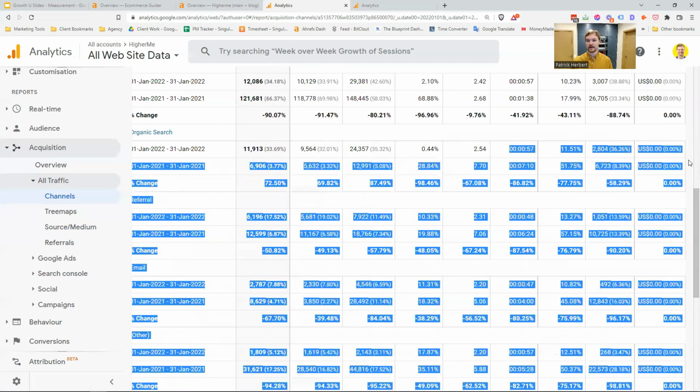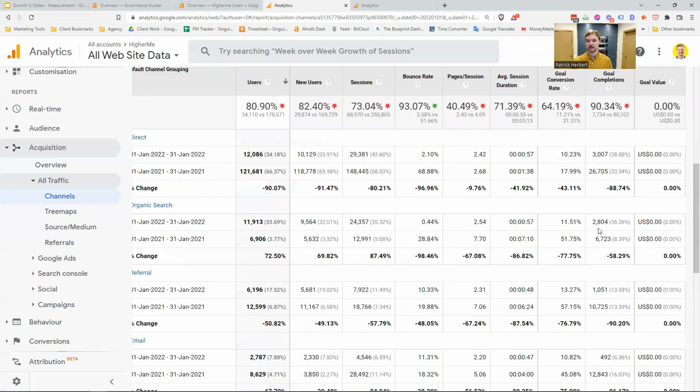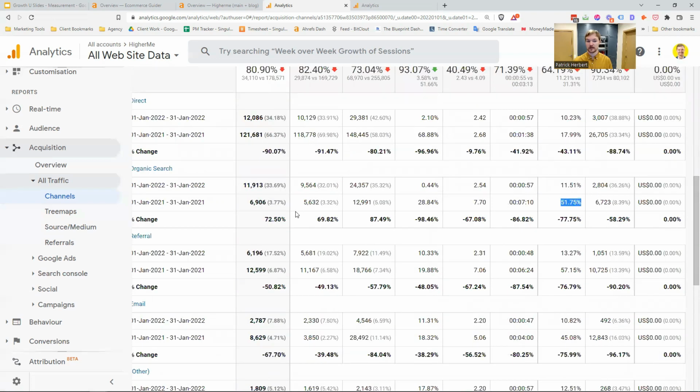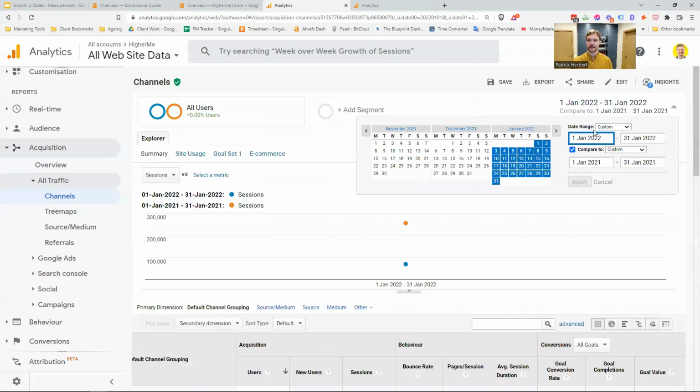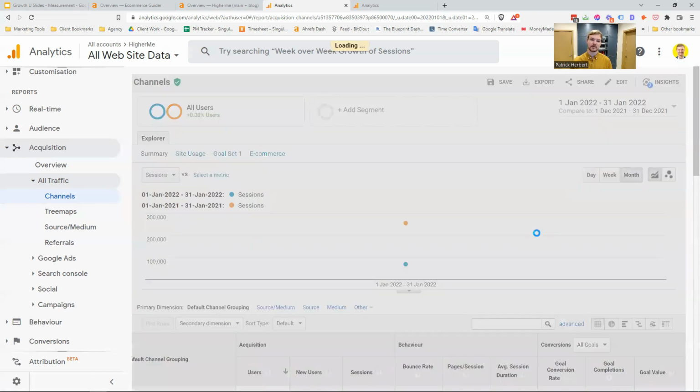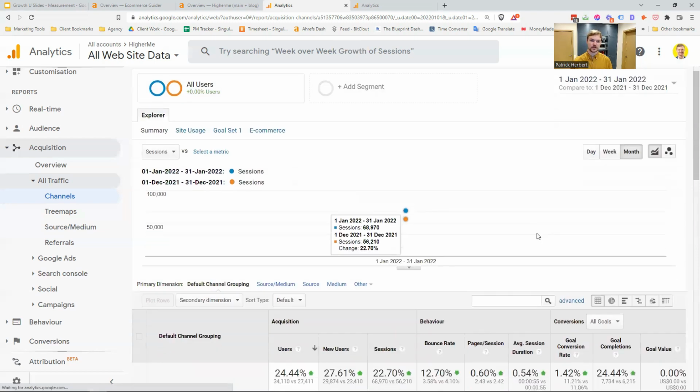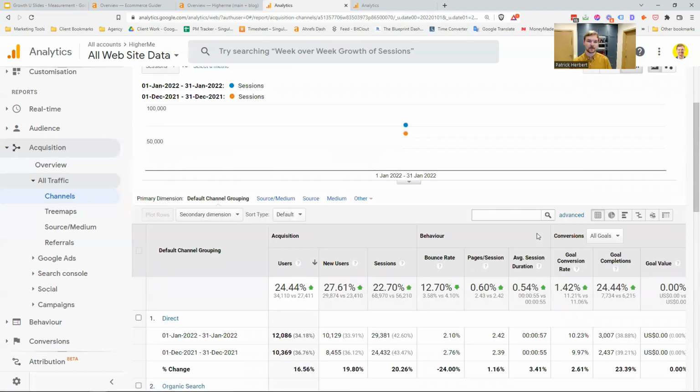So you can see that you've got a lot of things to mess with here. You can see that the conversion rate is down, even though traffic is up. So there's something that you might want to look at on a year-on-year basis as well. But on the total, I think it's most useful for most people, especially if you're just starting out, previous period, just a month on month. Keep it on that. Just see the top down, get a feel for what's happening on a monthly basis with